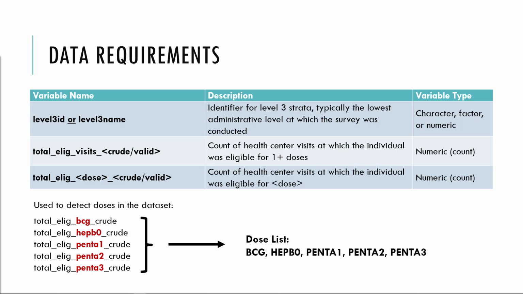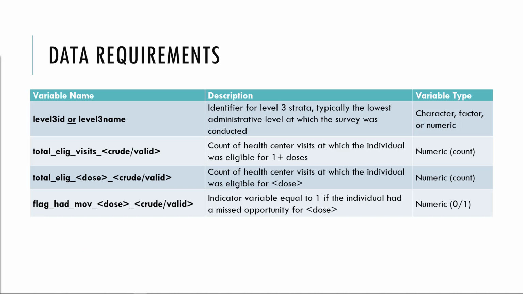For each of those doses, there should also be a dichotomous variable that flags if the child had a missed opportunity for that specific dose during any of their visits. If the child did have a missed opportunity, then that MOV is either corrected or uncorrected by the time of the survey. So the